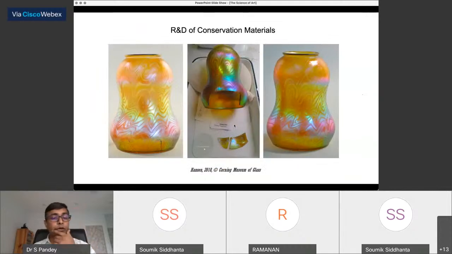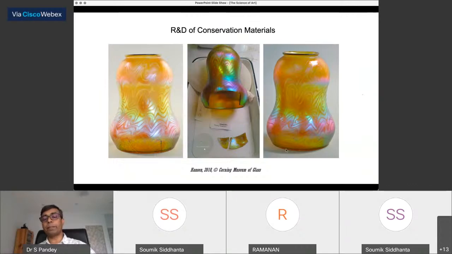In terms of developing new materials, I'm sure most of you would have encountered problems of breaking glass in your own houses. And then if you try and join it, you will see the joints no matter what you do. These days, if you see, this is a glass lamp. A corner is broken here, and these are two pieces which are broken and joined with another adhesive. You can see the joints here. These were cleaned, removed, three different pieces. There is a tiny little piece here, and then joined again with conservation grade materials, and you won't notice